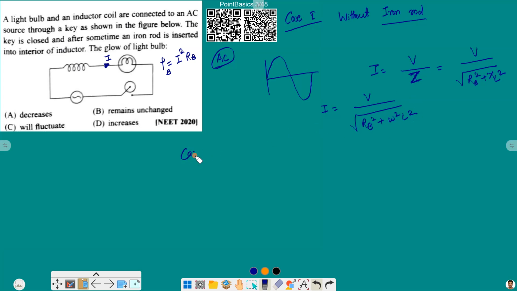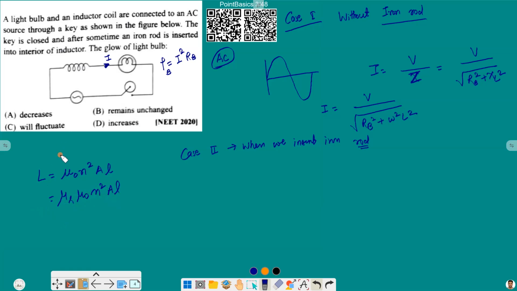Now case 2, when we insert an iron rod. When we insert an iron rod, we know that this is a coil, and the self inductance of a coil is given by mu naught n square into area into its length, where n is the number of turns. So here neither n nor A nor L is changed, but mu changes because we insert an iron rod, so it becomes mu r mu naught n square A L,